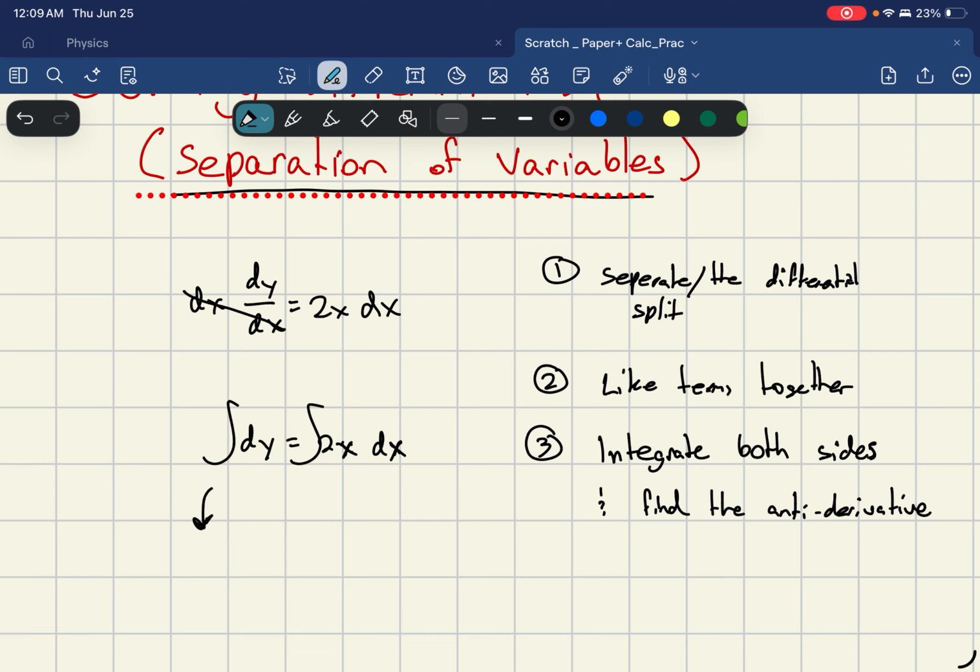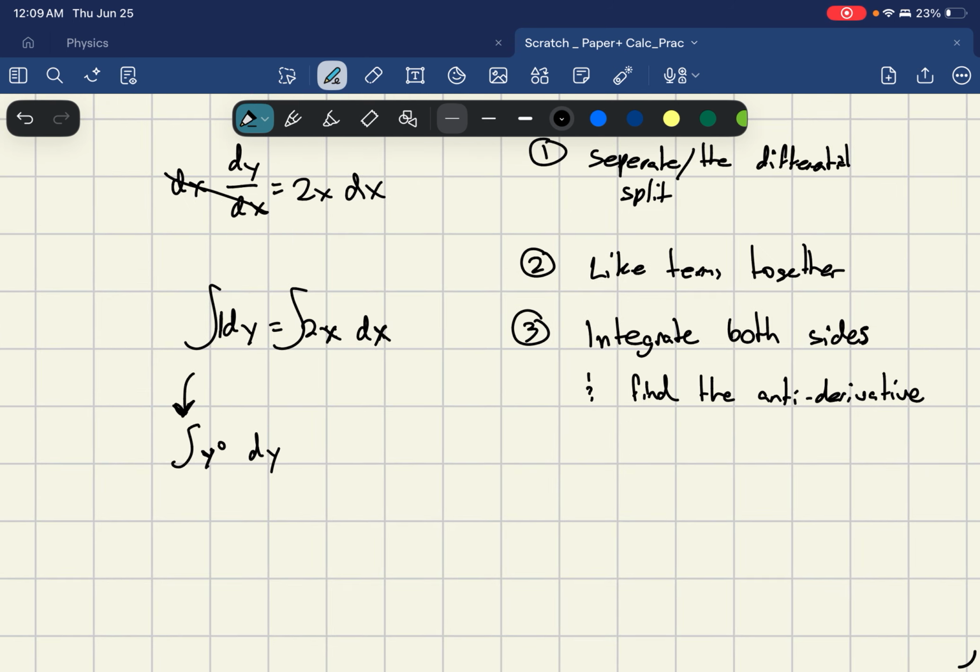Let's integrate each side by itself individually. Basically, what I'm doing is integrating y^0 with respect to dy. The reason I put this y^0 is that in front of this there is kind of an invisible 1. If we want to get a 1, we can also treat that as y^0. So I'm going to take the antiderivative of y to the 0th power, which is going to be